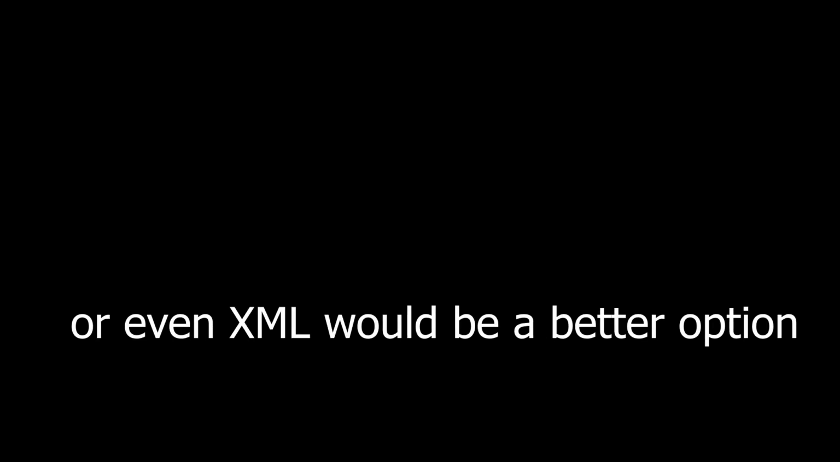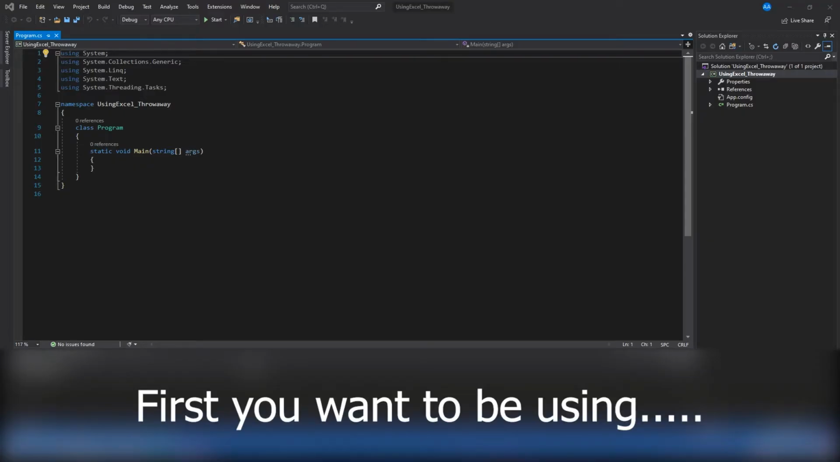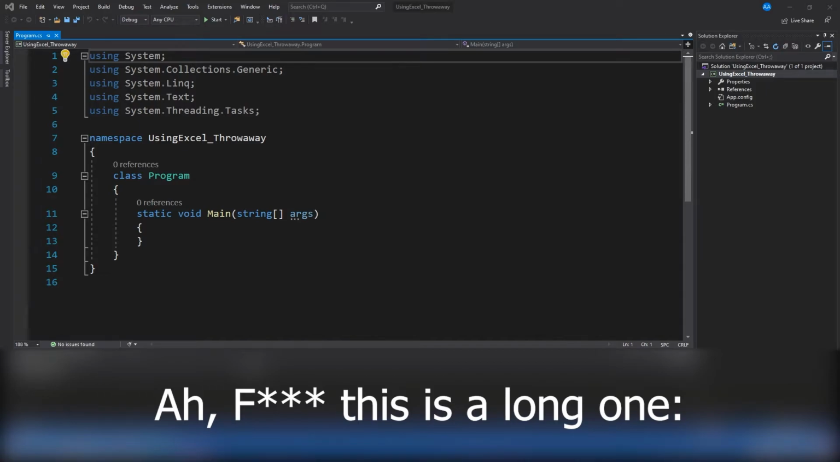Unless you've got to deal with Excel like I do at my daily, just use Excel. Or even XML would be a better option. I'm just saying, Excel interop is not that user-friendly, especially if you're learning it in a week. But if you must know, first you want to be using, this is a long one,